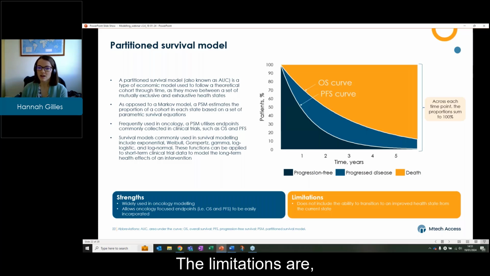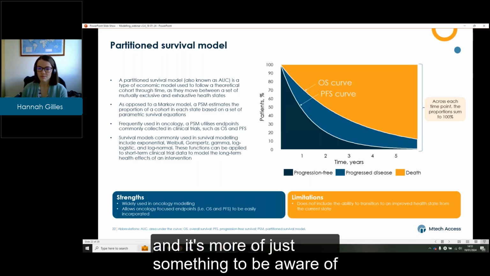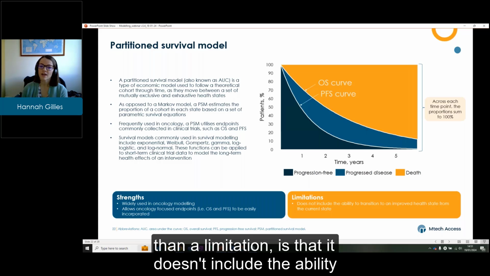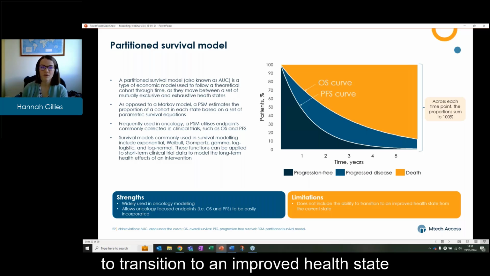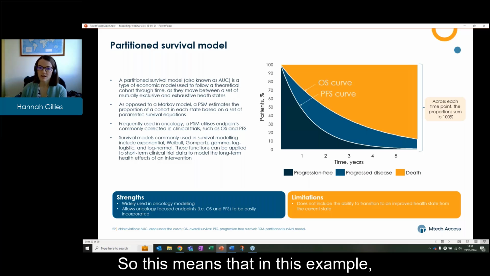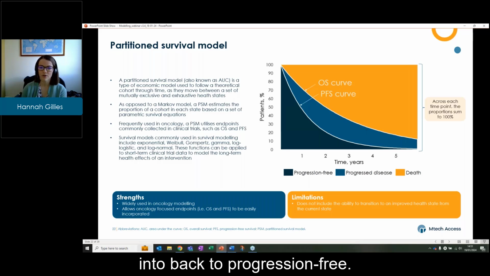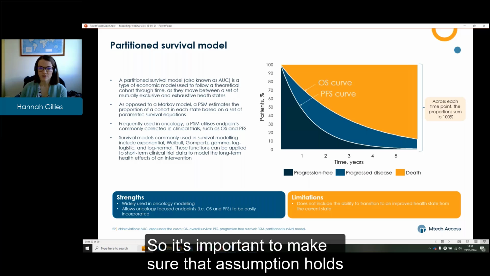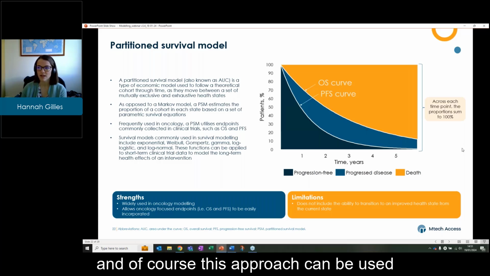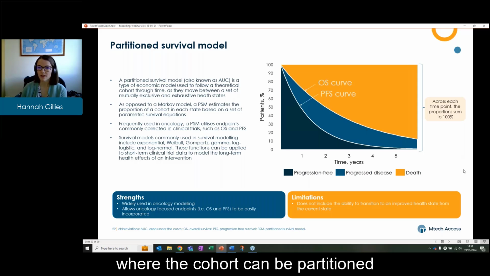The limitations are, and it's more of just something to be aware of than a limitation, that it doesn't include the ability to transition to an improved health state from the current state. This means that in this example, patients can't move backwards from the progressed disease back to progression-free. So it's important to make sure that assumption holds. And of course, this approach can be used in other disease areas as well, where the cohort can be partitioned into different